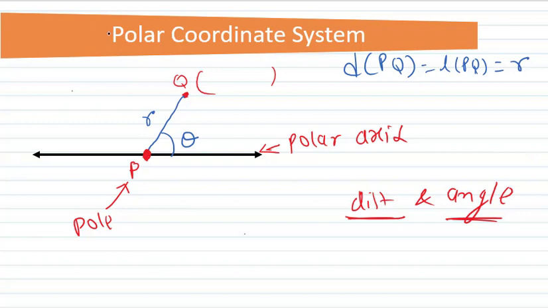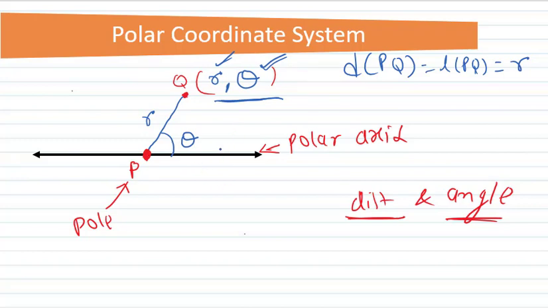First we are going to write the length, that is here, the length of point Q from pole is R, comma, the angle made by this line with your polar axis, that is theta. So here, to locate any point, we are using its distance from the pole and the angle made by that distance with the polar axis, right? So just remember this, what is polar coordinate system, how we are using this polar coordinate system. First is your R, second one is your theta, right?